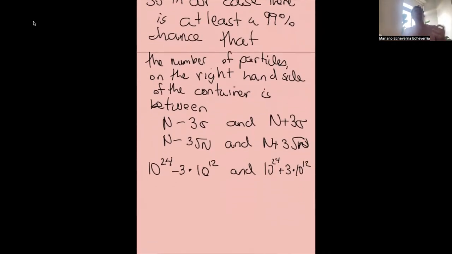So now, how much larger is this compared to the average value, right? What I'm trying to say is that if you compute 10 to the 24 minus 10 to the 12, that number is more or less 10 to the 24. This looks huge, but it only looks huge because you're not realizing you're comparing that against 10 to the 24. So if you actually do a fractional uncertainty, compared to the average value,